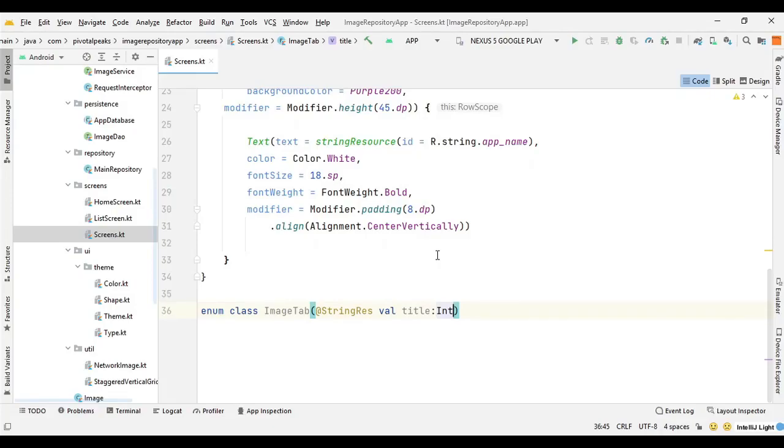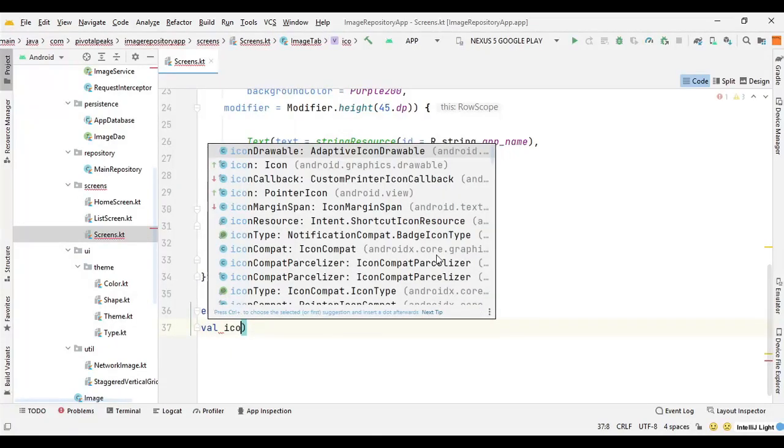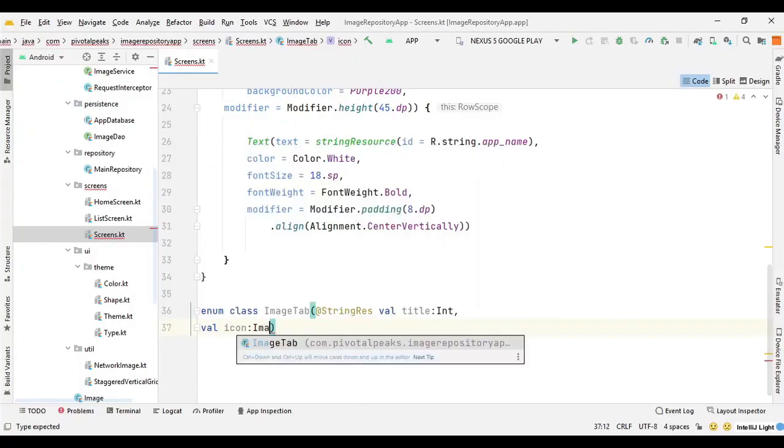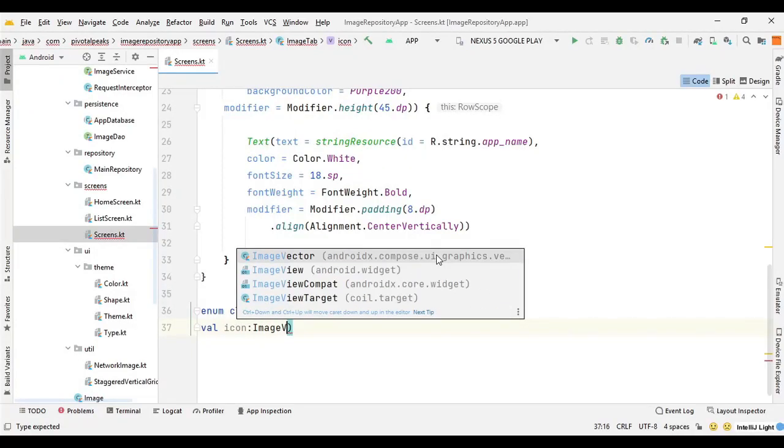So we fetch them using the id and not string, and this is something Android Studio does under the hood and takes care of by itself. For icons, we can simply declare them as image vector. So we can say val icon of type image vector.